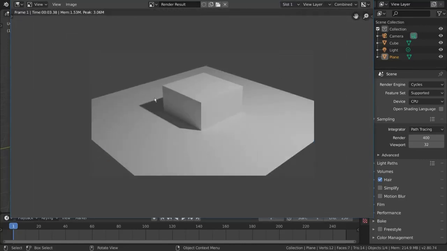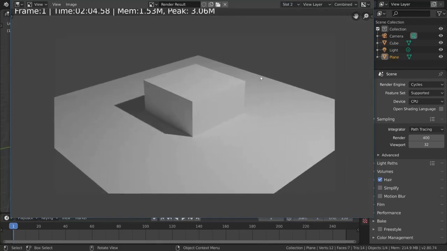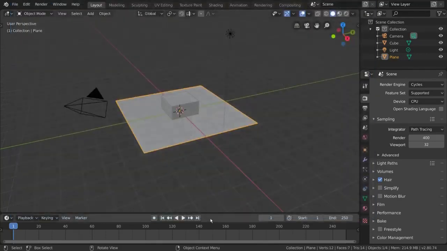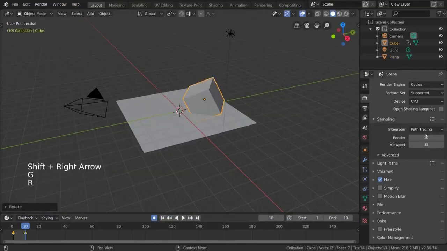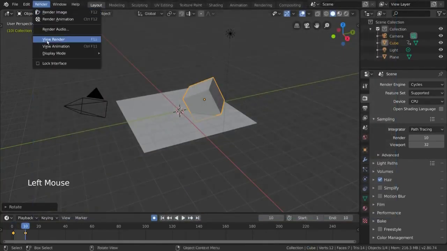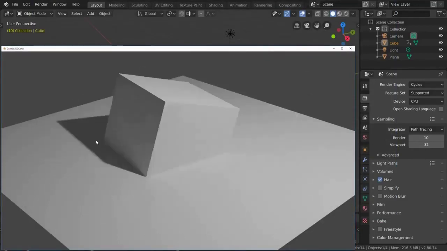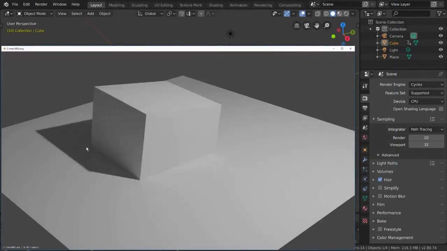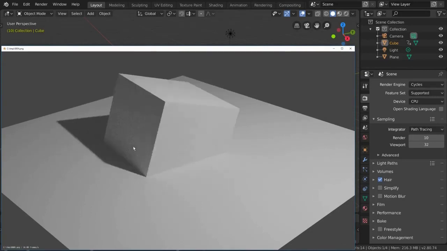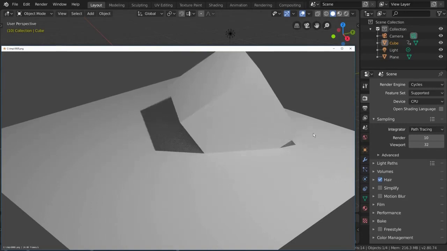So let's say if we absolutely have to render a project with lower samples that has noise, what would that look like? Well, we can simply shorten our playback region to be about 10 frames or so and render out some tests. Let's bring our samples back down to 10 and hit Ctrl F12 to render an animation. As you can see, there is definitely noise in this animation. But there's something interesting about it because it's the same noise in every frame, even when the camera and objects are moving. This can be a bit jarring and very distracting in animations,